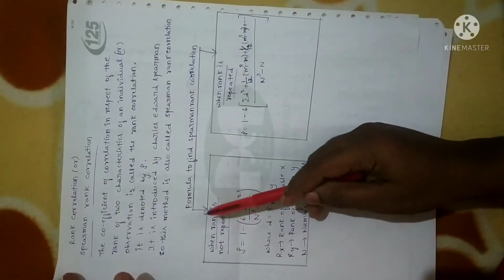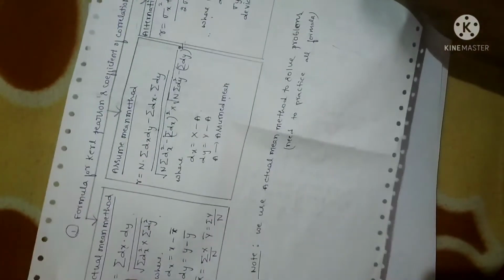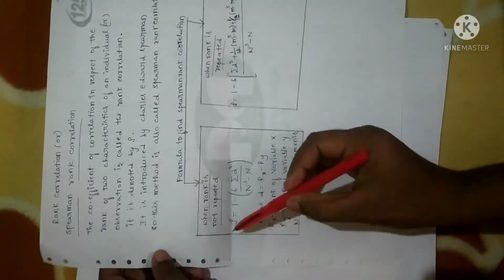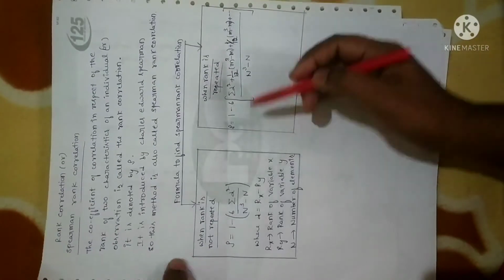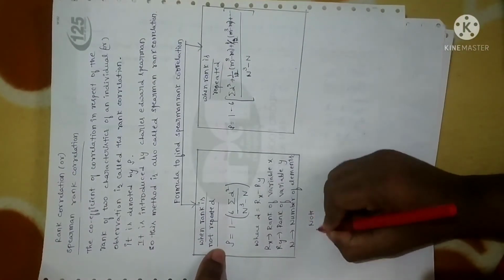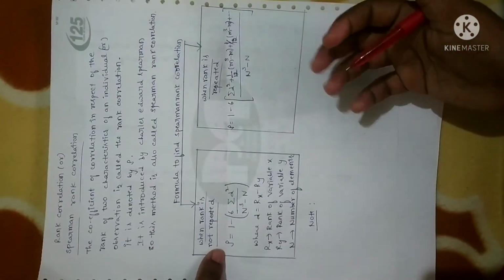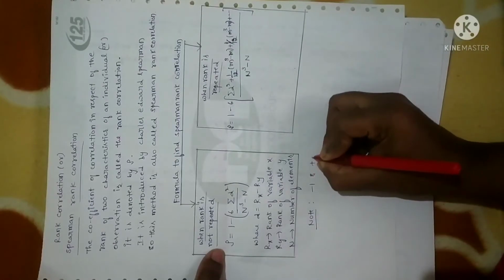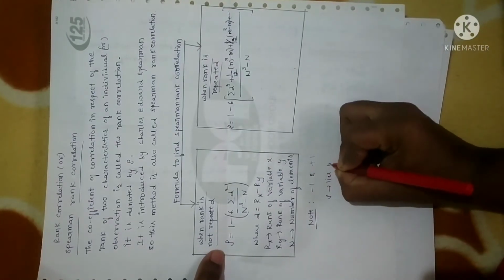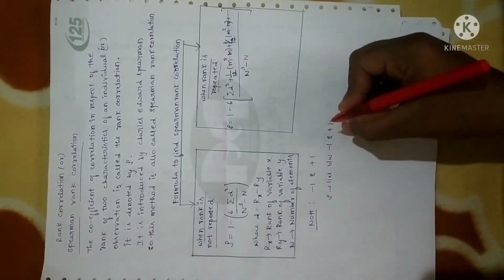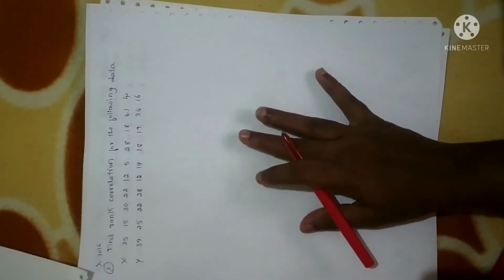Usually Karl Pearson coefficient of correlation is represented by small letter r. As I already explained in the previous session, it is represented by small letter r, whereas the Spearman rank correlation is represented by rho. It is a symbol to represent rho. One more thing you have to note: whether it is rank correlation or Karl Pearson coefficient of correlation, it will be between minus 1 and plus 1. That is, rho lies between minus 1 and plus 1. Whatever the value of rank correlation you get, it will be between minus 1 and plus 1. So let me solve one problem by using the formula so that you will understand better.